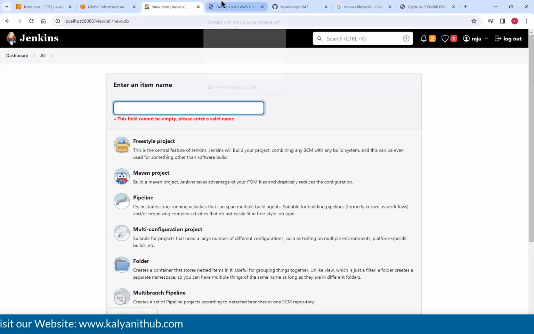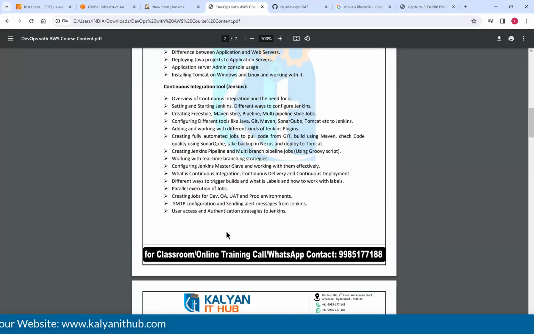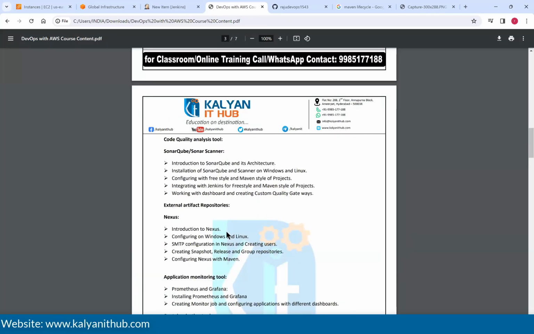After Jenkins come SonarQube and Nexus. Basically, SonarQube is a code quality analysis tool, and Nexus is an artifact repository tool. These two are different, but the code quality analysis tool is very important to integrate with your CI/CD. Why? Because